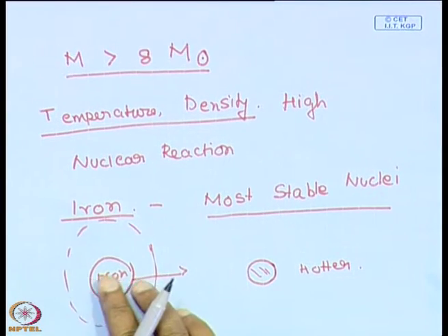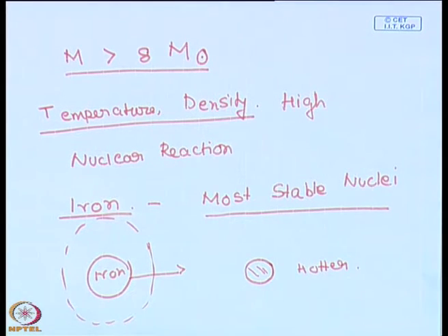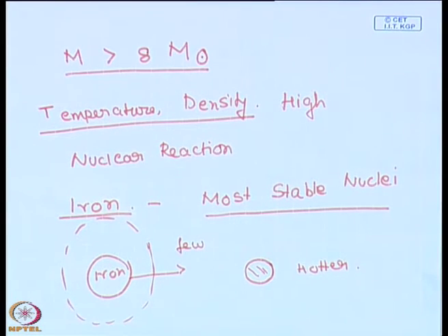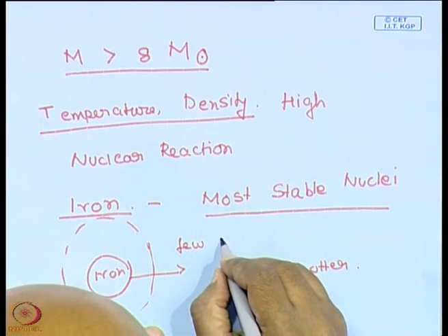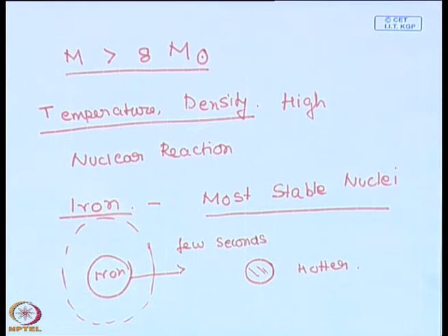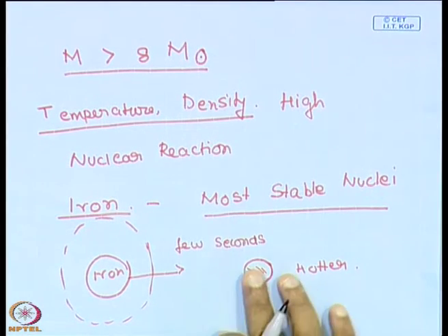Now, this entire collapse occurs in a few seconds. Once you reach iron, the whole thing has burnt and reached iron. There is no more nuclear fusion going on at the center, then the whole thing collapses due to gravity. There is no energy source over here, it collapses gravitationally and it gets heated up, and the whole thing occurs in a few seconds. It collapses rapidly, and when it collapses rapidly, there is enormous heat generated, and here what happens is that